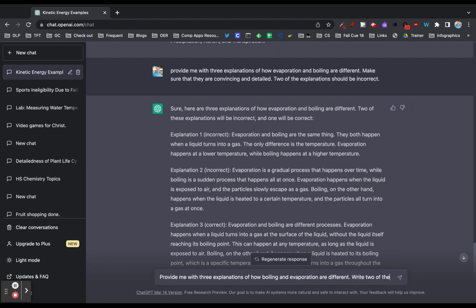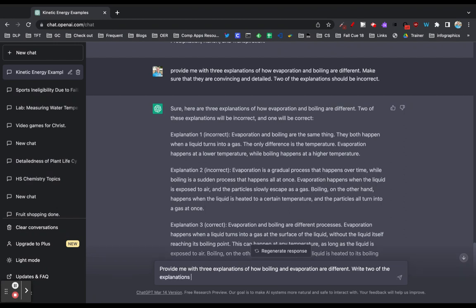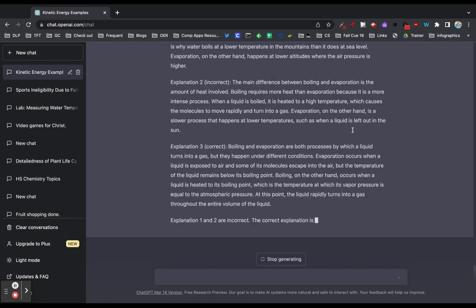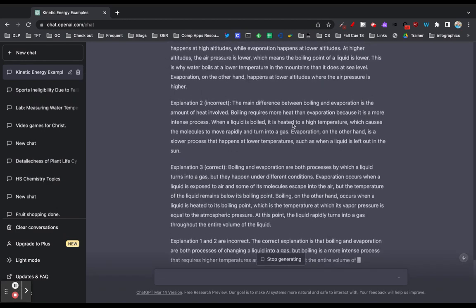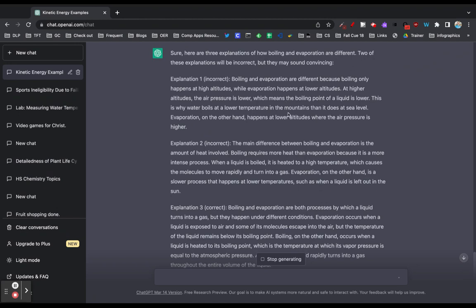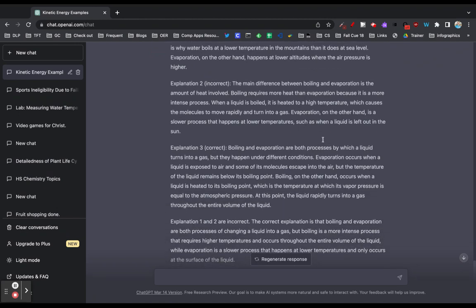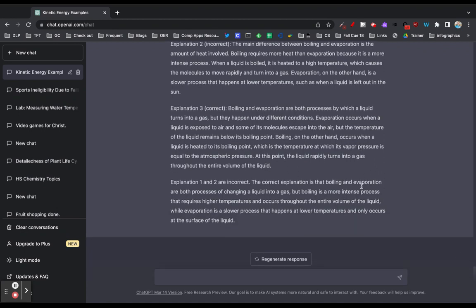Write 2 of the explanations incorrectly, but make sure that they sound very convincing. All right, now these 2 incorrect ones are a little bit more detailed and sound a little bit more convincing. And now I can have students talk about this and discuss which one they think is correct and justify their